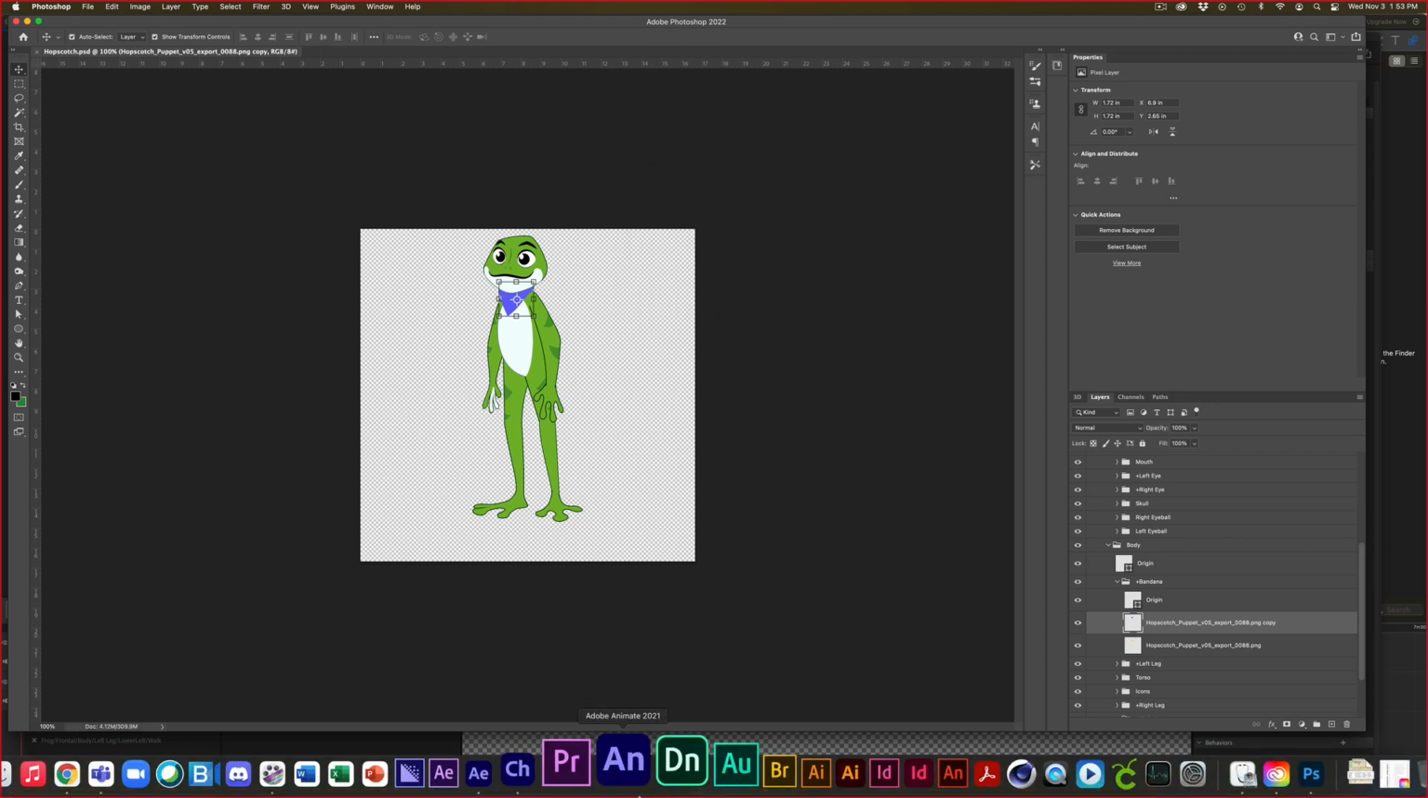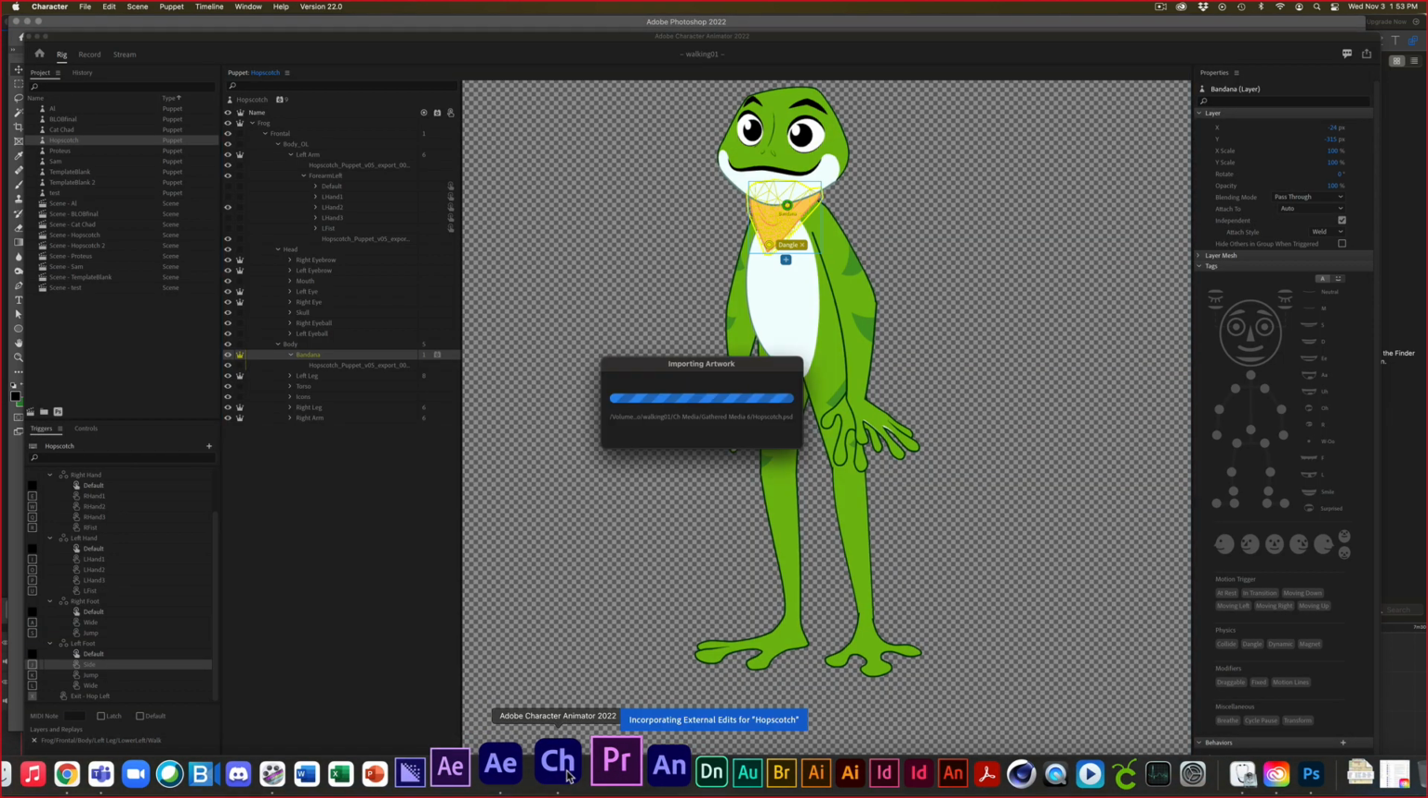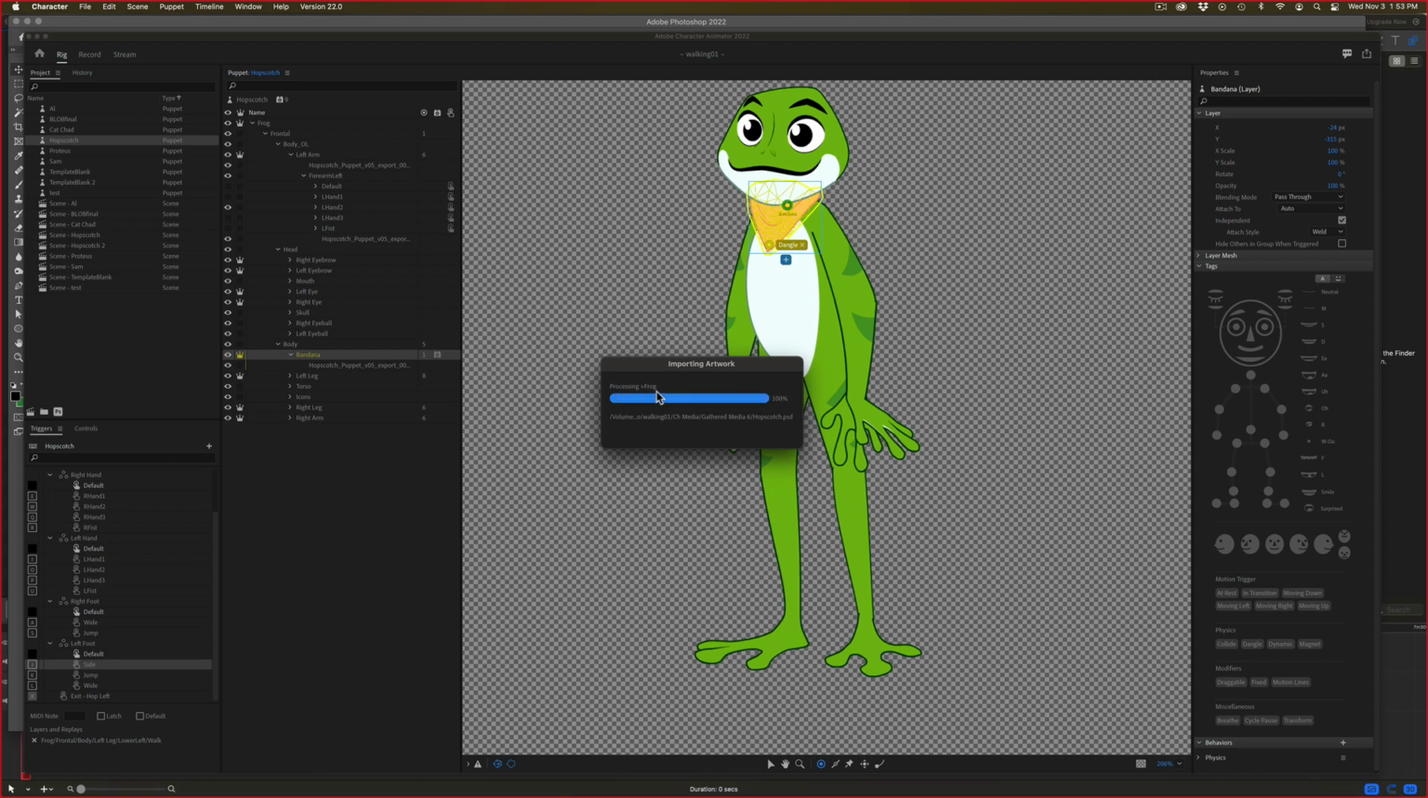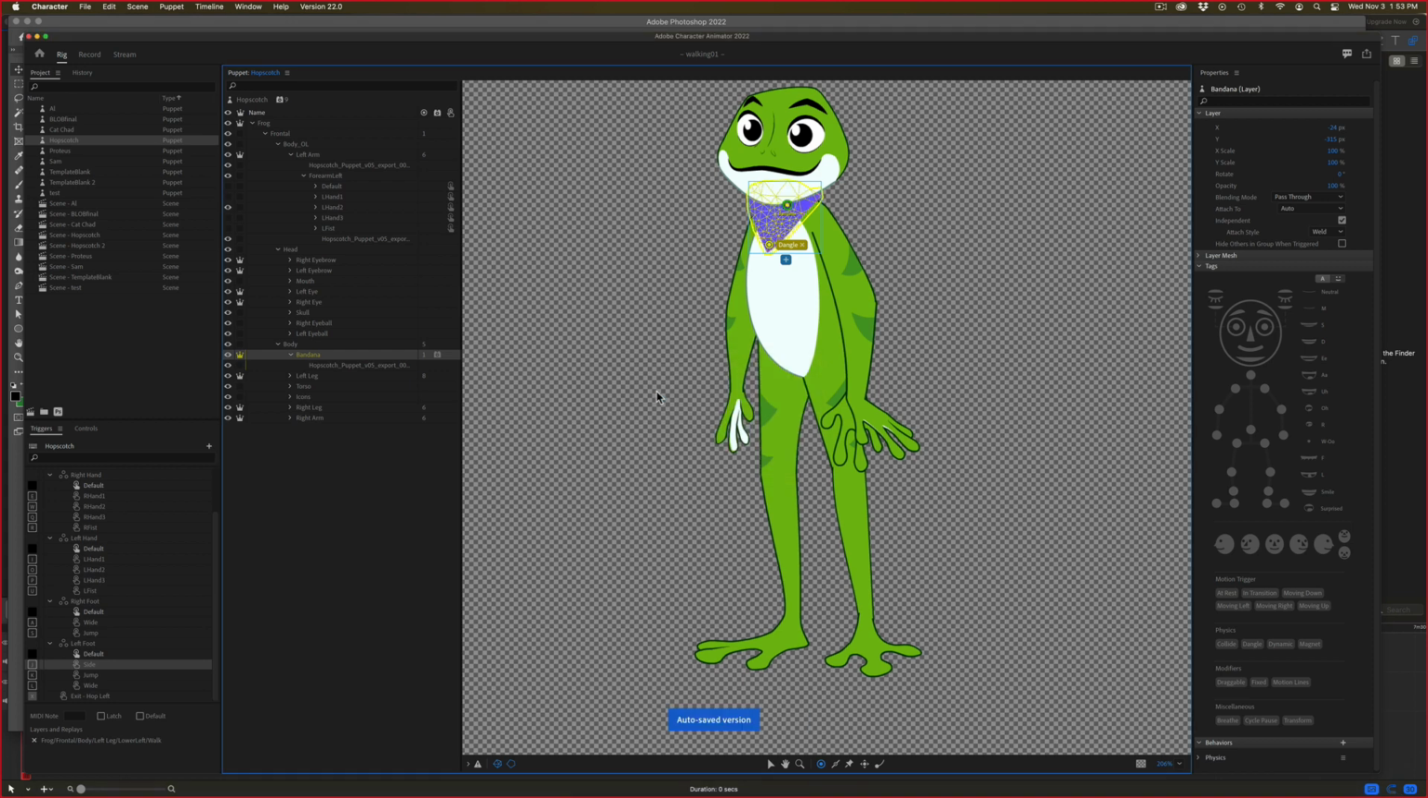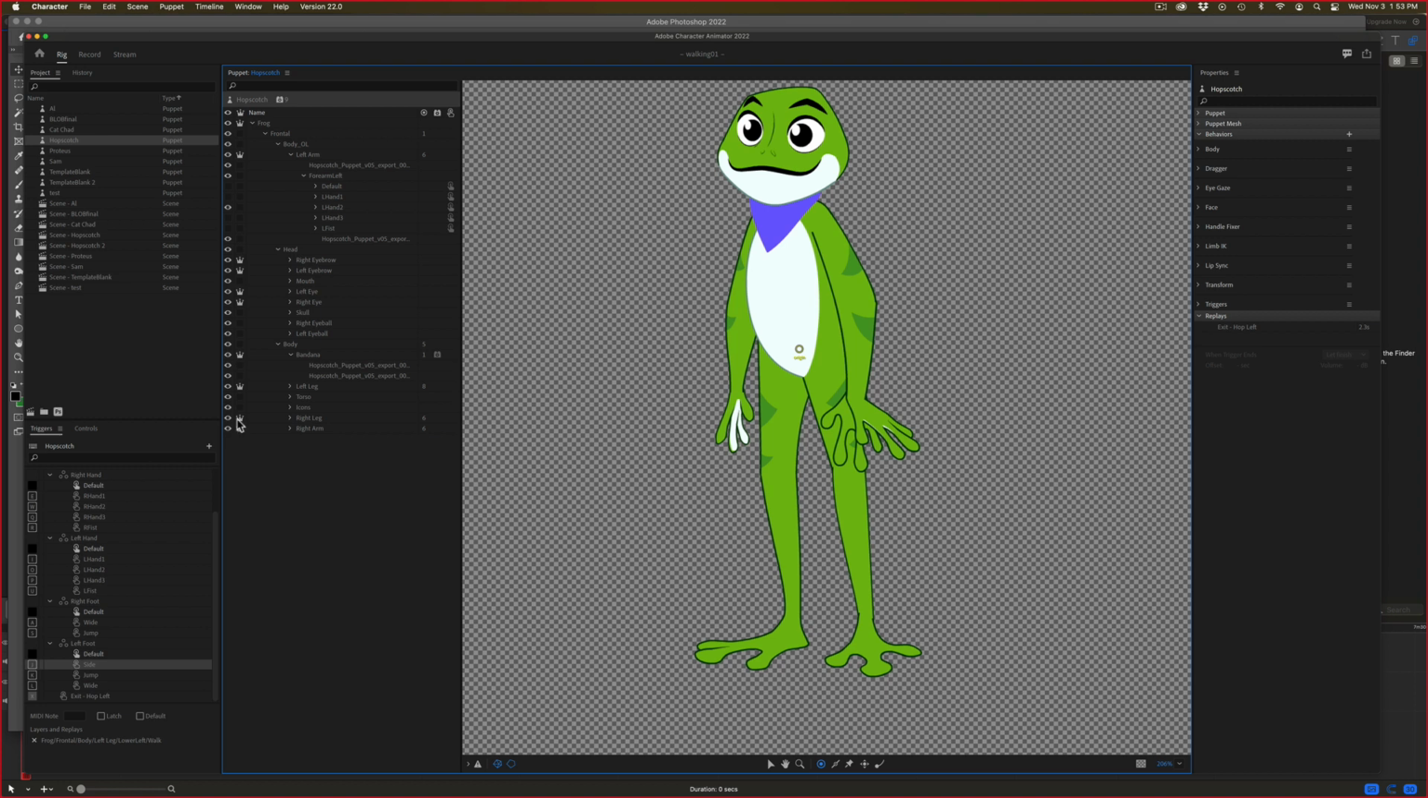And if I go back into Character Animator, that should update our artwork. Okay, so I'm going to turn the blue bandana off, but then I'm going to add a trigger for it. So I'm going to click in that last column, the trigger column, in that layer. Probably should have named it better, but it's the one I don't have visible right now. Going to create a trigger,